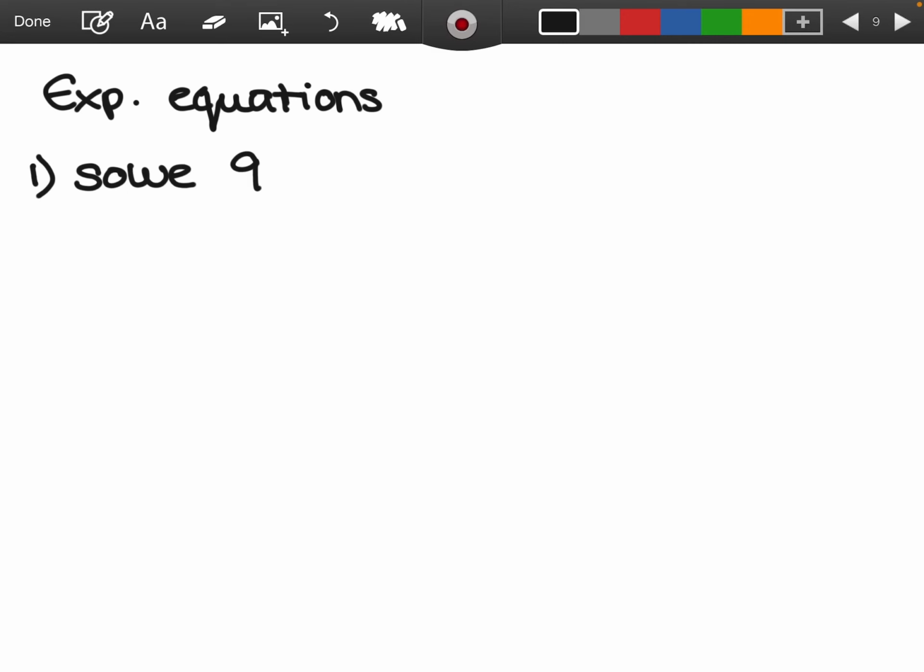Like I just said, we will do a lot of this stuff with solving exponential equations. I'm going to show you how to solve some simple ones right now. And these will come up later on, but they do come up a lot in things like calculus, etc. So it's good to know how to solve them. First one I'm going to look at is to solve